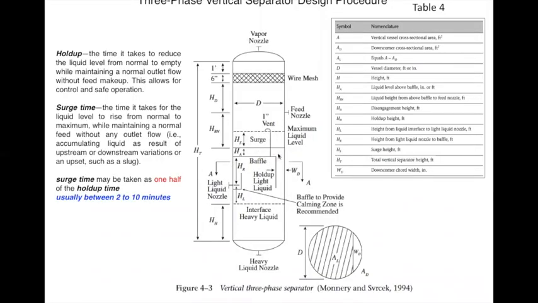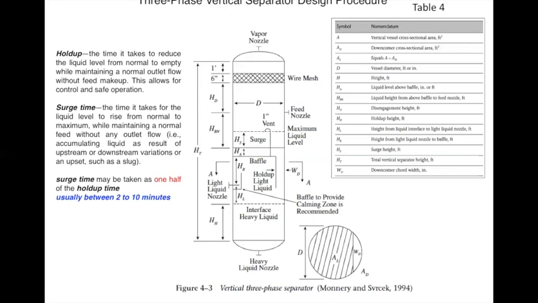Okay, let's come back here. We start from top to bottom. You have the vapor nozzle here. This vapor nozzle allows the gas to go out, and after the vapor nozzle there is always a back pressure valve, so that the pressure inside this separator is maintained. After this nozzle you have wire mesh, which is nothing but your mist eliminator. Then there is a disengagement section here, where the liquid and vapor will separate. We allow gravity to act, and this gravity allows the gas and liquid to be separated.